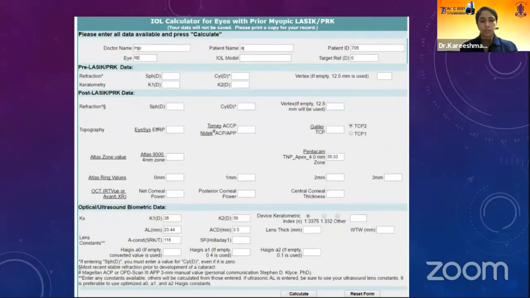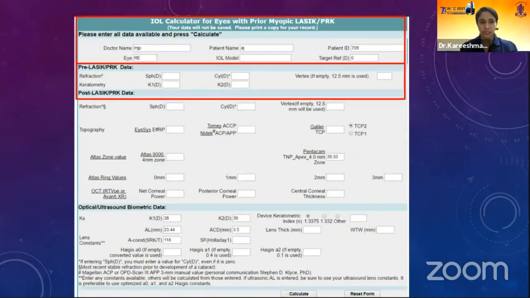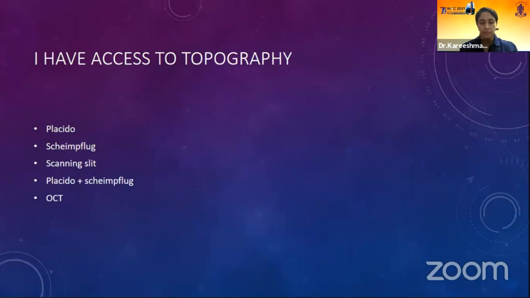So this is how the sheet looks like. Due to the want of time, I'm not going to go into details of it. But basically, it asks you for pre-LASIK data if you have it, your current post-LASIK data, which is the data before development of cataract surgery, and your optical ultrasound biometric data. If you have access to topography, it can be of any types.